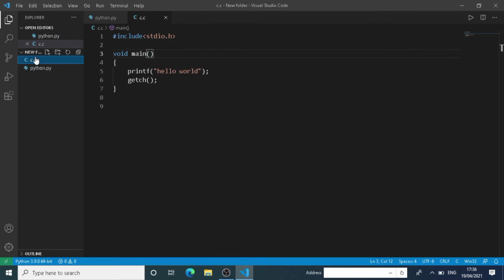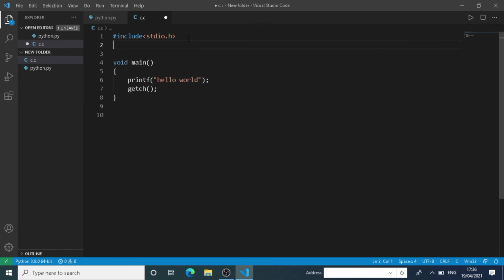But in the case of C language, first of all we need to have include stdio.h. After that, this main function is the same. In C, we need to give a declaration part for declaring what we are giving,